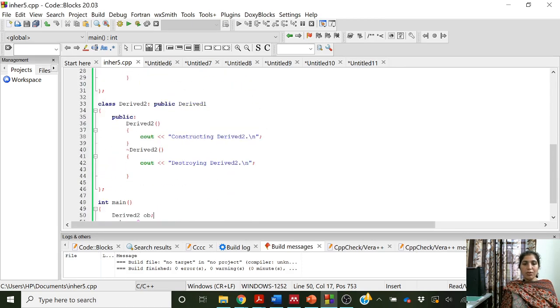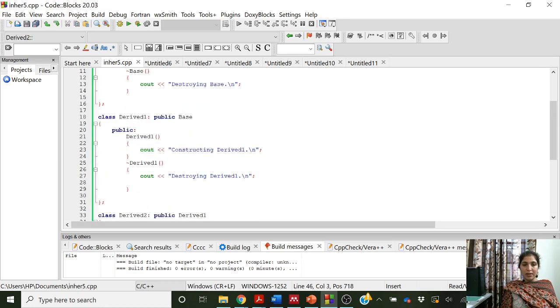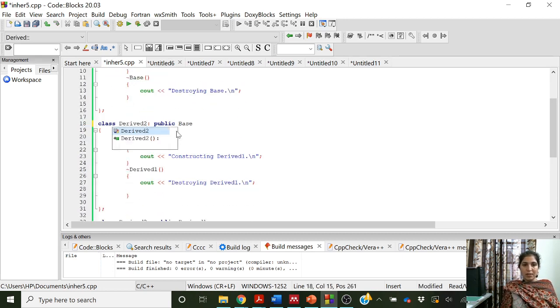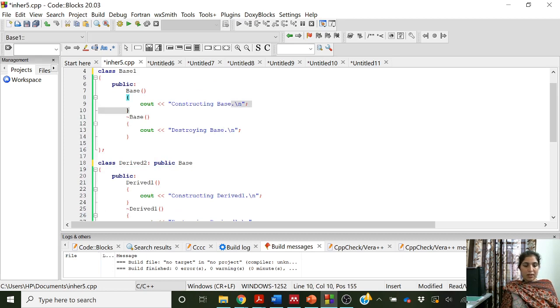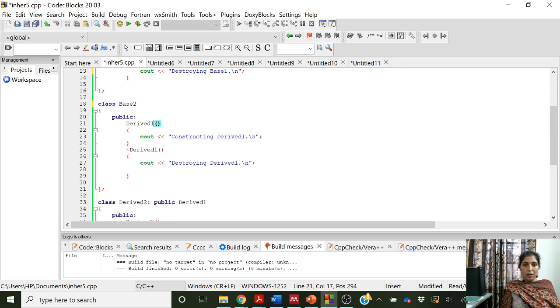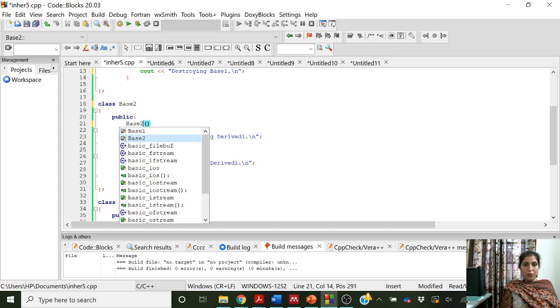And let us also see what happens in the case of this was multi-level inheritance. Let us see what happens in the case of multiple inheritance. Okay, so instead of using one base class, we will use two base classes. Okay, so in base 1, constructing base 1 and destroying base 1, and let us rename this class as base 2.